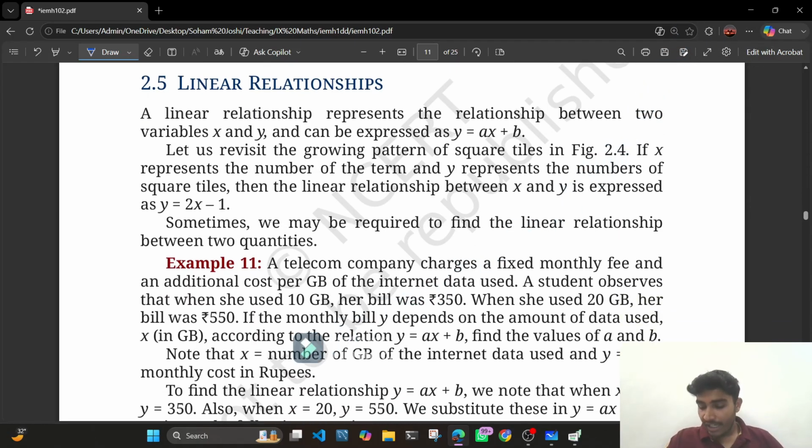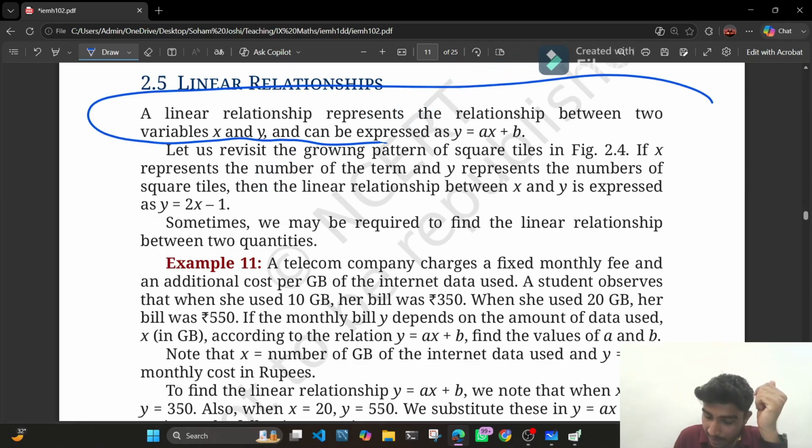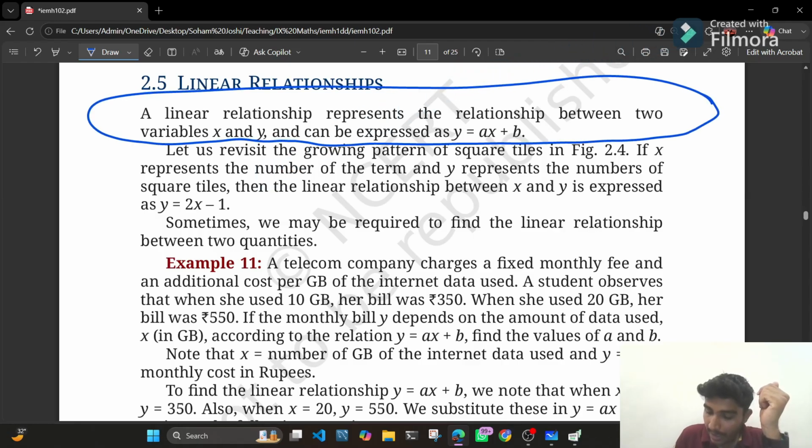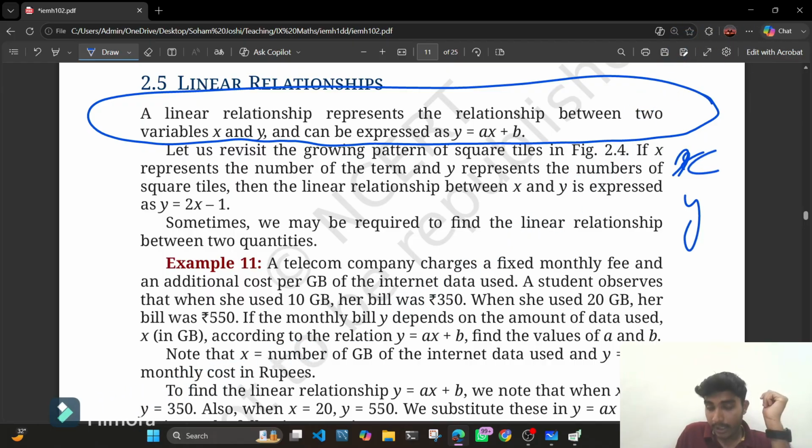Next up we have linear relationships. A linear relationship represents the relationship between two variables x and y and can be represented as y is equal to ax plus b. मैंने क्या बोला था? x है y है, ठीक है? x से याद आया, सॉरी, x है y है, x को मान लो मैंने x बदला तो मेरा y बदल रहा है।